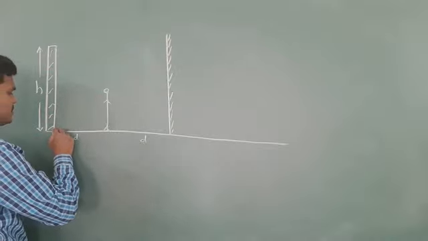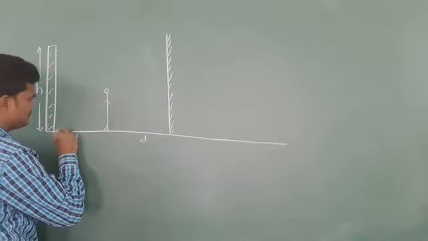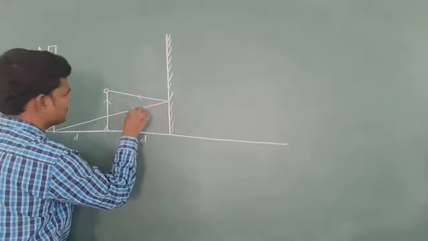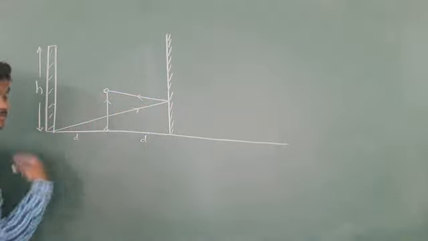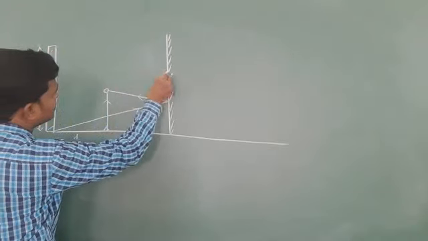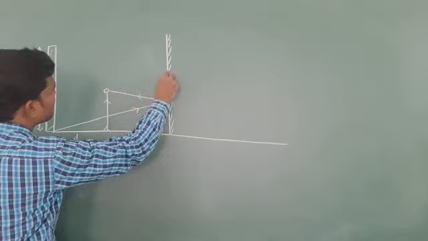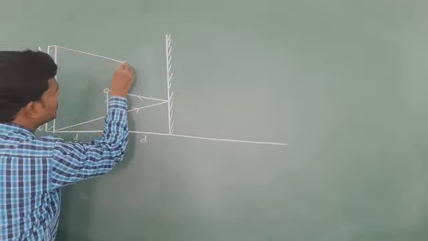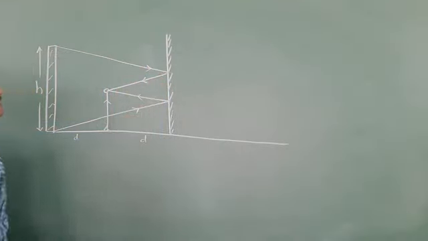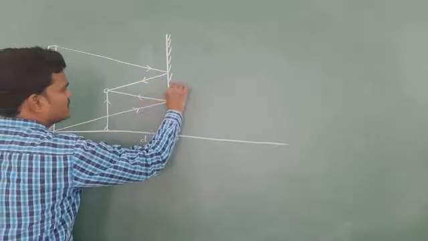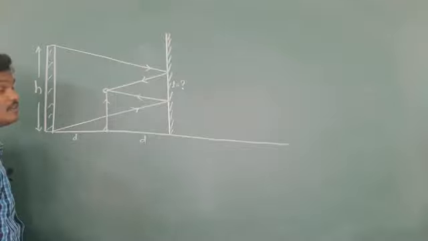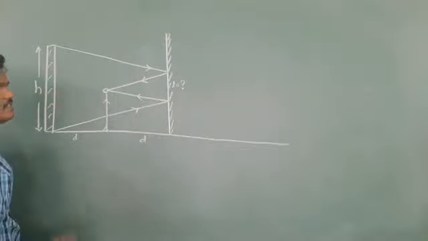So one of the light rays just starts from the bottom of the wall, and that has to reach the eye. Yes, he is going to see the bottom of the wall. One more, he has to see the top of the wall. Okay, top of the wall. So getting the diagram is important. Once you get the correct diagram, it is easy to estimate the answer. See, so he requires only this part. This part is sufficient to see the backside wall of height h. If you extend, you will get the answer.